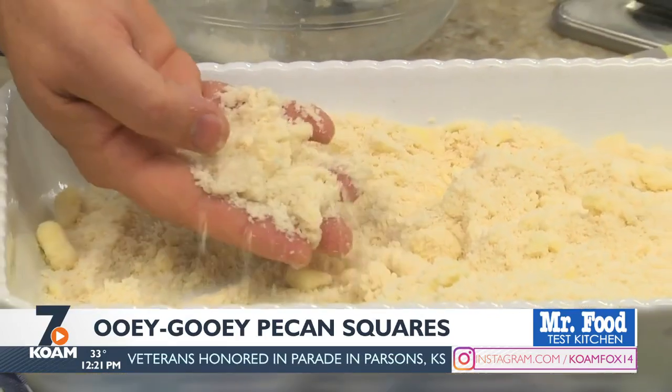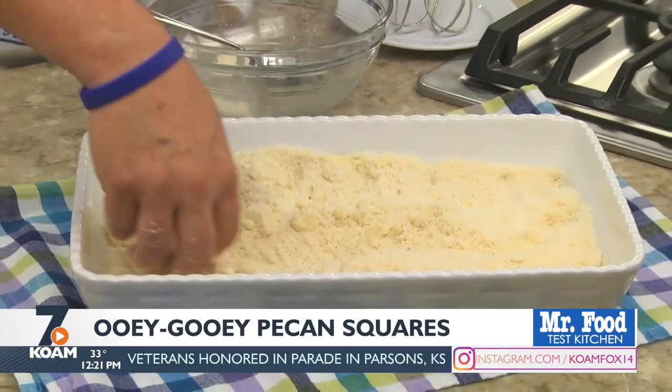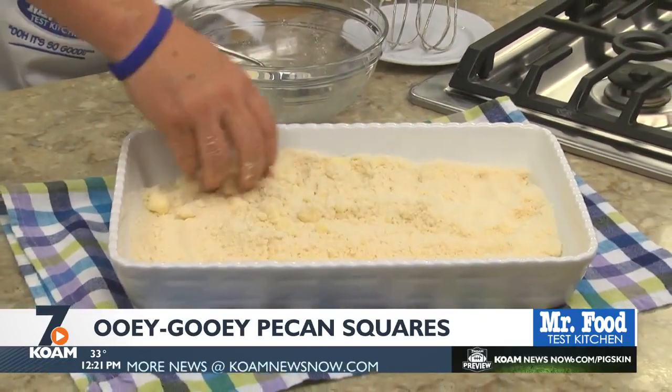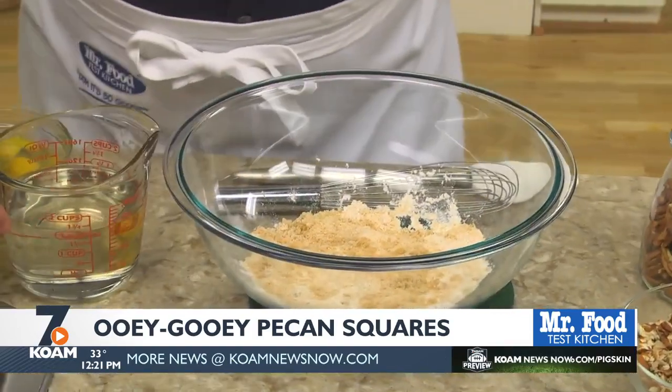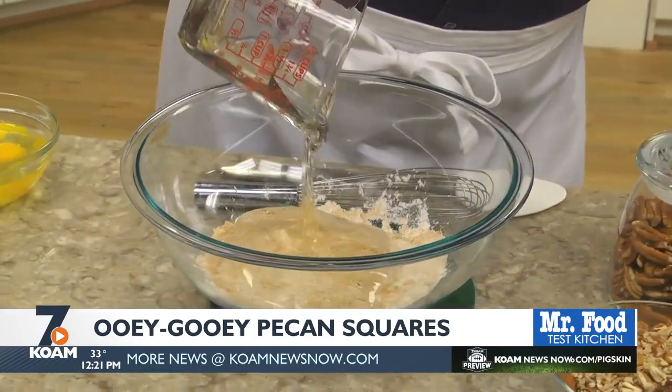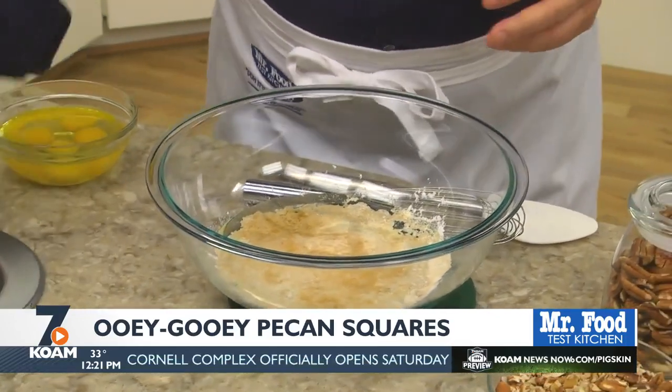We begin by combining some flour, sugar, and butter until it forms a coarse crumb mixture. Then we press this into the bottom of a baking dish and pop it in the oven. While it's baking, we mix together some brown sugar and flour along with a good amount of corn syrup,